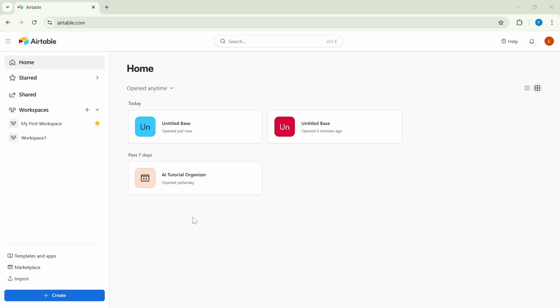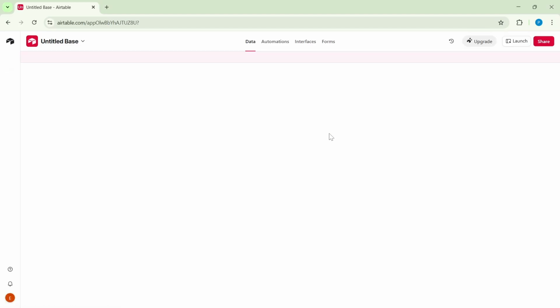After you log in, you'll land on your dashboard. This is your home base where you can access workspaces, bases, and anything you've worked on recently. On the dashboard, look for the recent section showing bases you've opened. You can click any recent base to continue working, or start fresh by creating a new base if you're setting